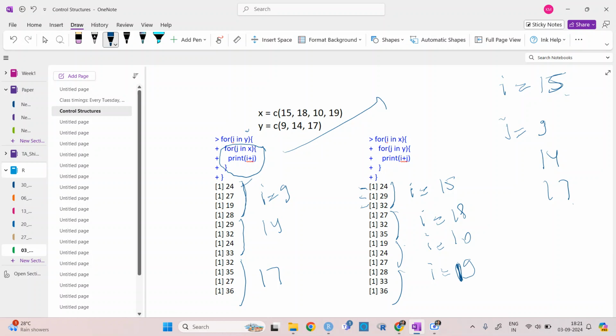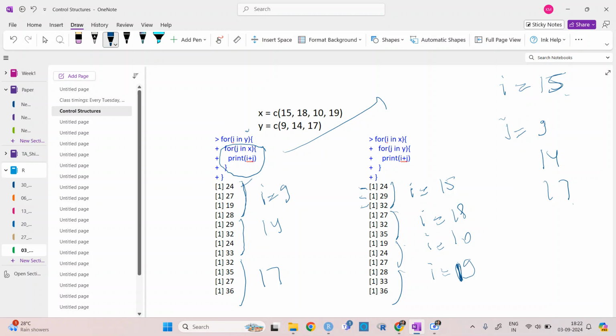So that can be the difference when you do the nested loop. Like the outside command, one value will be taken, and then the whole inside command will run for that. Again, once the whole inside command has run, then the I value, the outside command, changes, and then the whole inside command will work again.